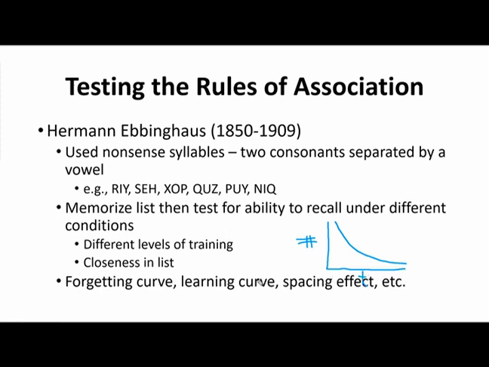Or we could look at, if there was a delay in your recall. If you read a list and were immediately asked how many words you remembered, you'd remember more. And then as there was more and more of a delay, you'd forget more of them. Also, how many times would you have to go over it to learn it, that sort of thing. So he looked at everything he could think of in terms of putting together lists and how we could remember